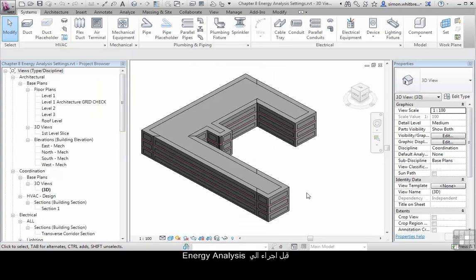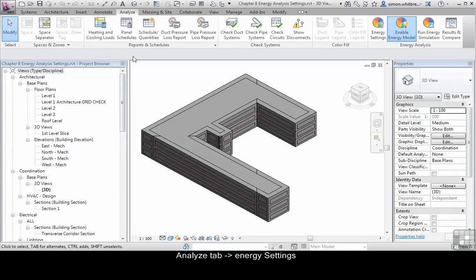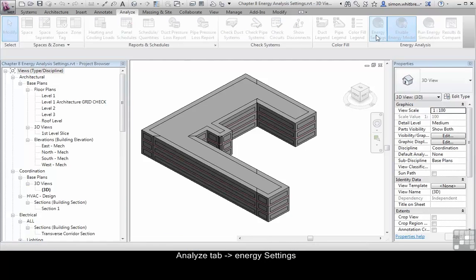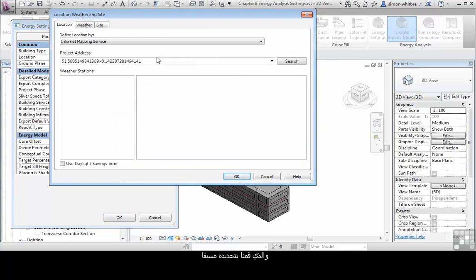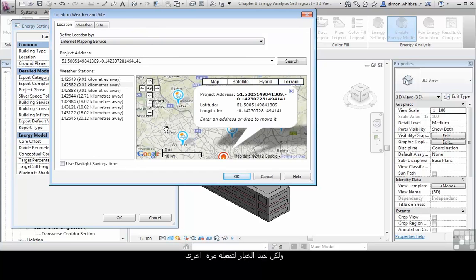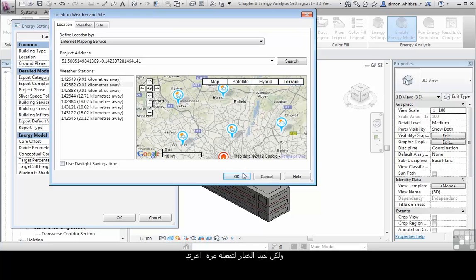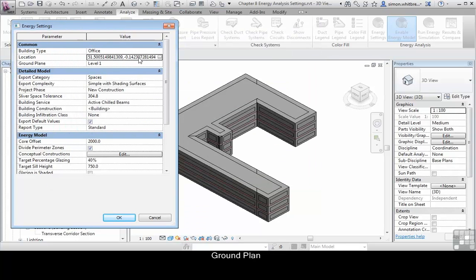So before we actually perform any energy analysis, ideally we'd like to take the time to make sure the settings are correct. To take a look at this, click on the Analyze tab and then on Energy Settings. Here we can define the building type, its location, which we've already defined, but we have the option of defining it again, the ground plane, and what we want to do with some of the data regarding export, how we export that data,